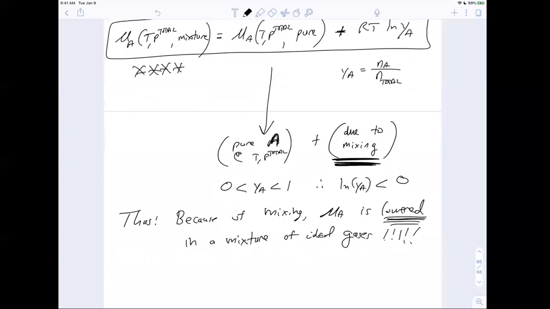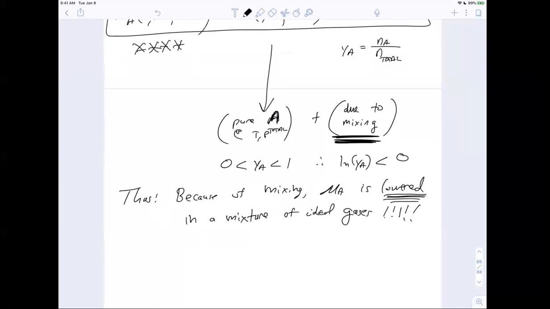Mixing lowers the chemical potential of all species. And so for all species in a mixture of ideal gases,